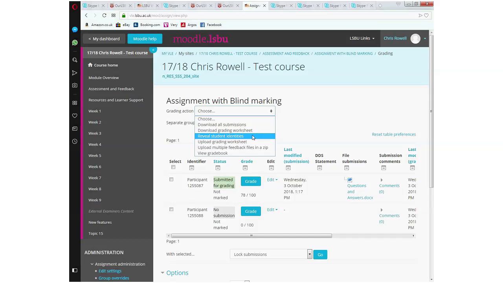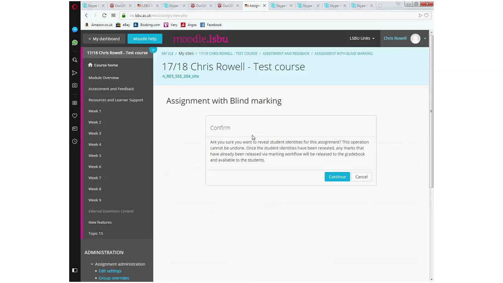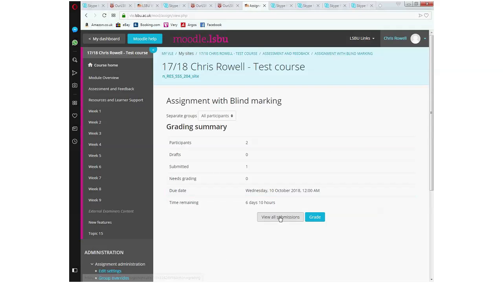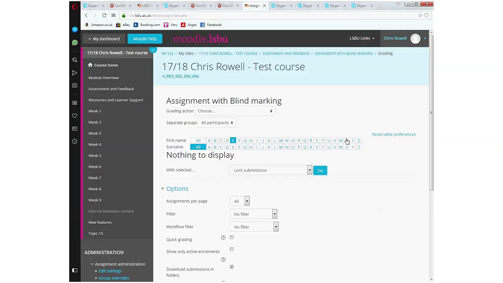So let me click here, reveal student identities. You get a pop-up window just double checking that's exactly what you wanted to do, and if it is, you just click the identity button, and then we get the option. What we've done there is it's revealed the students' names are back there. Okay, so